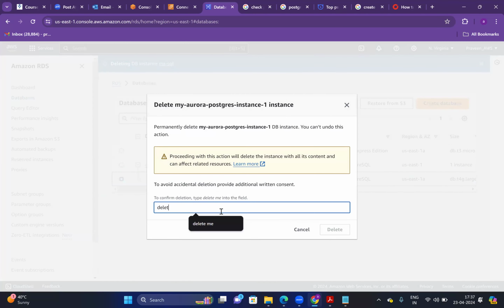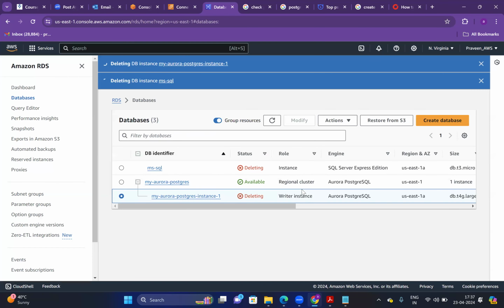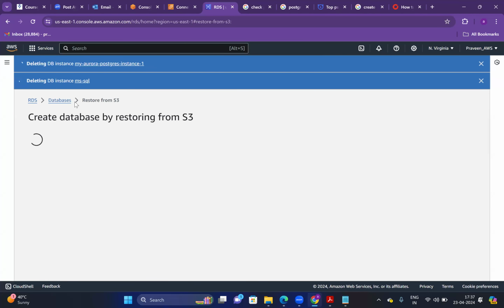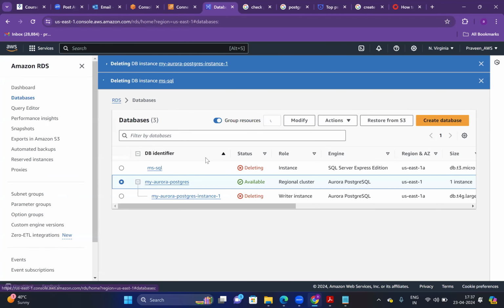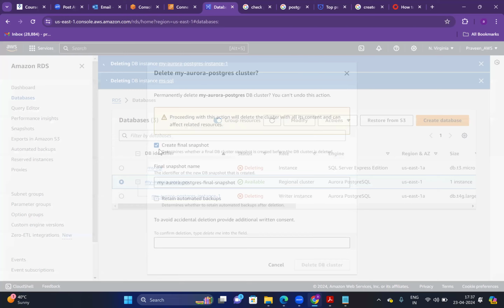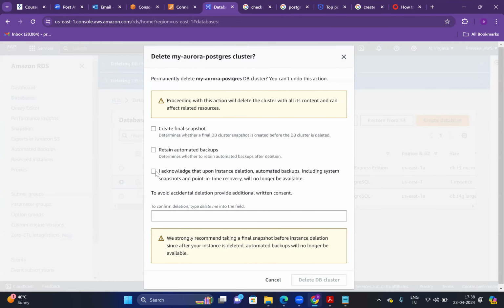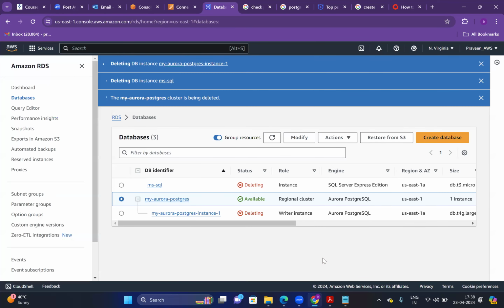Type delete me, click on delete. Now select this one. Okay, what happened? Database, actions, what happened now? Delete is enabled. Don't create a snapshot, acknowledge it, and type delete me. Just click on delete DB cluster. So, okay, successfully the database got deleted. So we can create